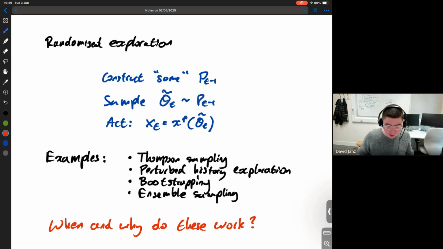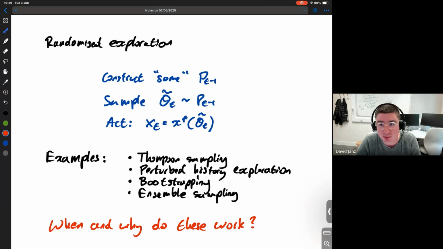this paper. Okay, so zooming out a tiny bit, we've looked at this Thompson sampling procedure, which says you've got this prior, you've got this likelihood, you sample from a posterior. Really, there's a whole lot of algorithms in the frequentist world, so to speak, or at least in the bandit community, which say construct some simple distribution that you can sample from, either explicitly or implicitly, sample from it, and act optimally with respect to the sample.